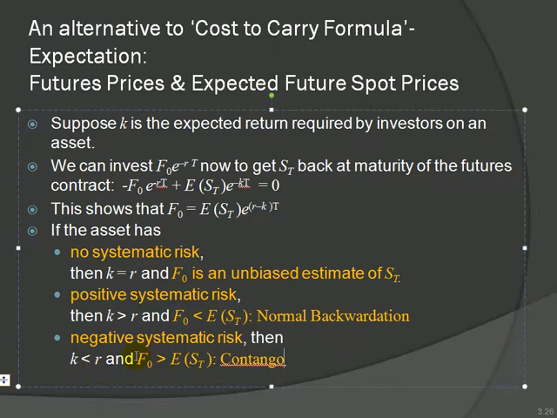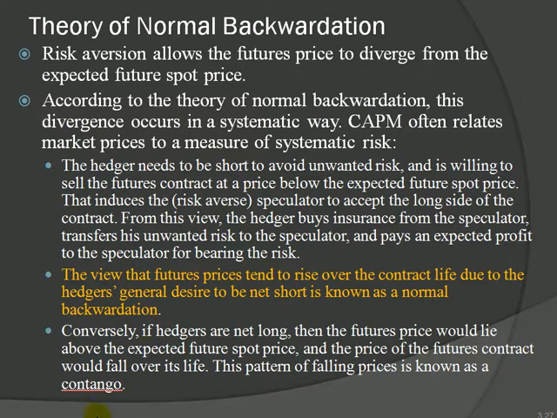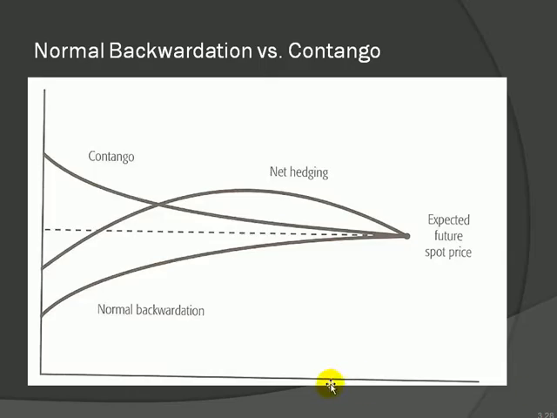But sometimes this could happen too. This is contango situation. This is a case where K is less than R. And if I elaborate it, that's the case where hedgers are net long and future price is going to be lying above the expected future spot price. So the price of futures contract falls over its life. And this pattern of falling price is known as contango. So if I graph it, this is contango situation. This is normal backwardation. And this dotted line is the case where future price is going to be equal to